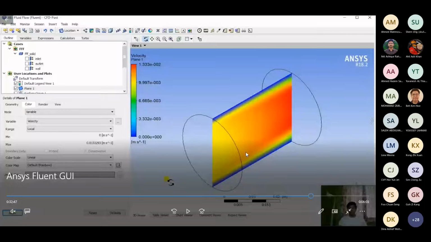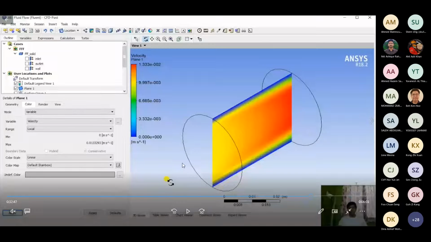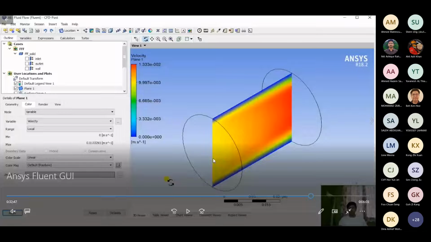Near the wall, you would see bluer shades. The primary reason is that at the wall, the layer of fluid that is there is going to be stationary. If you think at a micro level, the layer of fluid that is nearest to the boundary will be sticking to the surface due to the viscous forces, and due to that, it will show us zero velocity at the wall boundary condition. So all in all, my flow is accurately represented throughout. So this is how I can actually visualize the graphics.